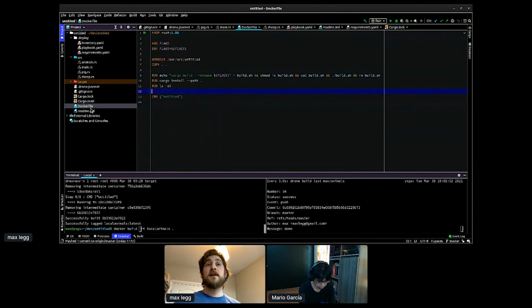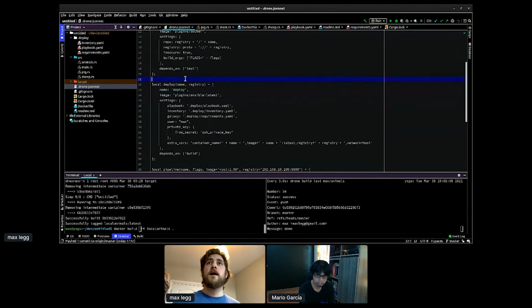So the next step is, okay, well, how do I get that Dockerfile built and deployed? For this demo, I'm using Drone. Usually Drone is with a YAML file, but it's just a static file. With the Jsonnet file, which is supported by Drone, they have another plugin for, it's called Starlark, which is like a Python type